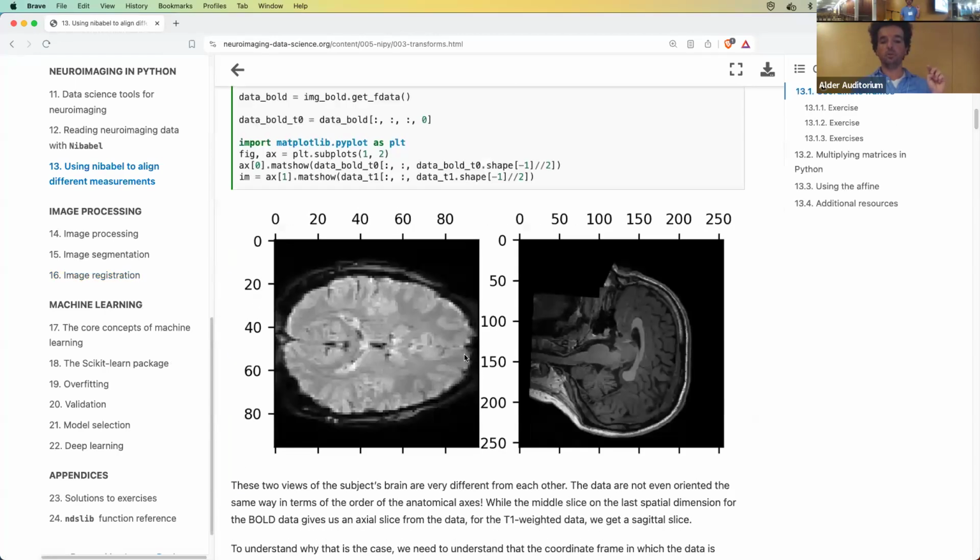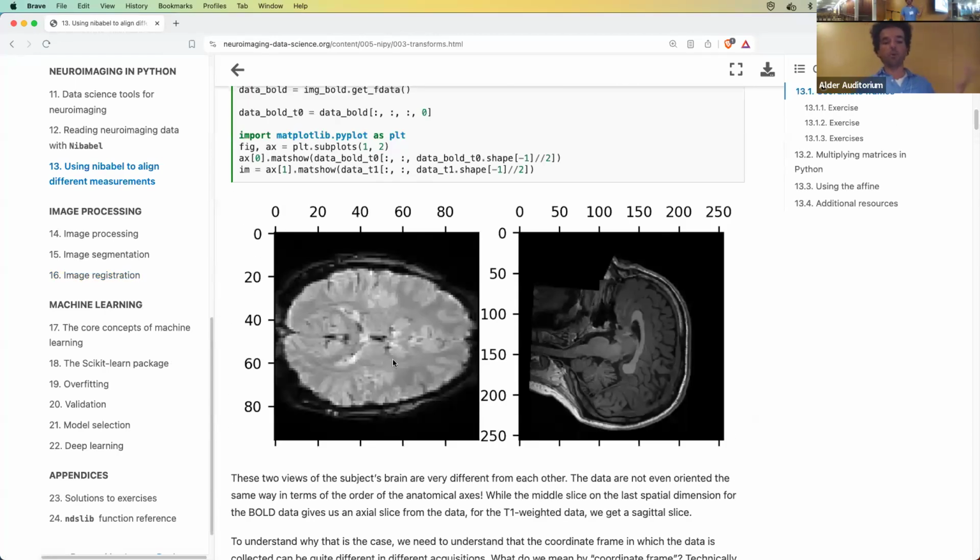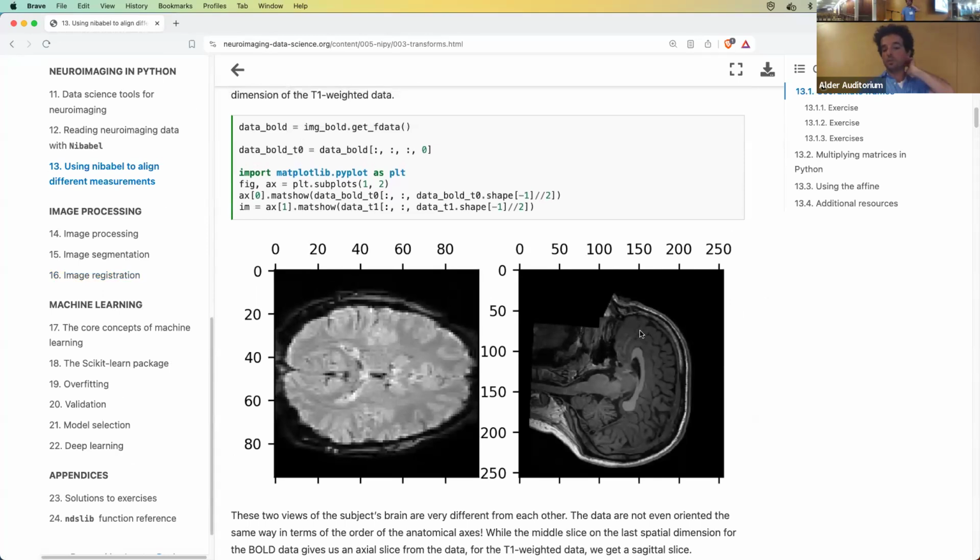Yeah, so here's an example of a BOLD array and a T1 weighted. It's from the same subject, collected in the same session, so we'll assume that the head is in the exact same location. But the problem is if we take the data from the last dimension in the T1,